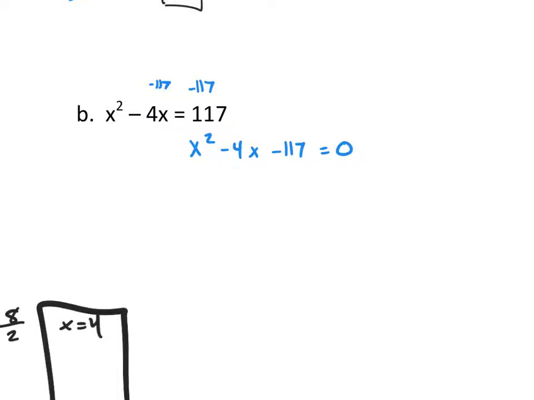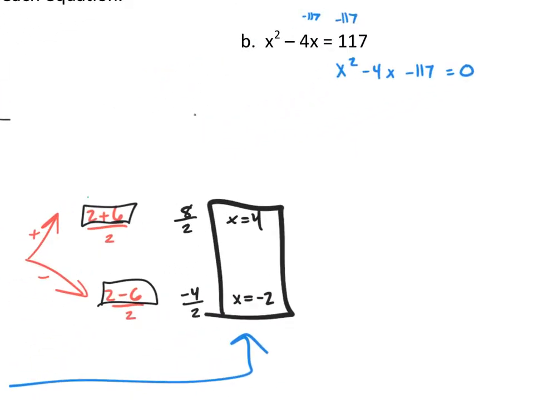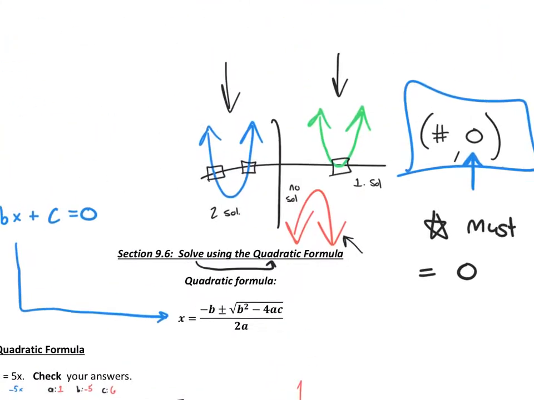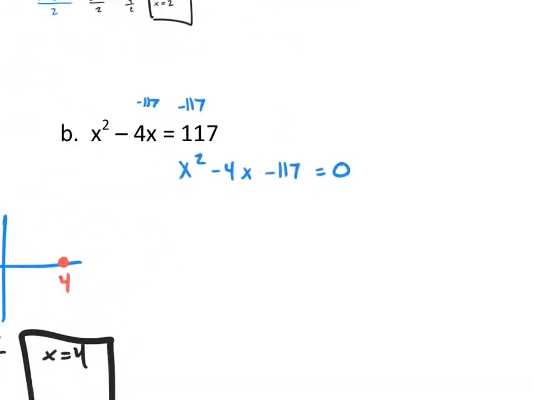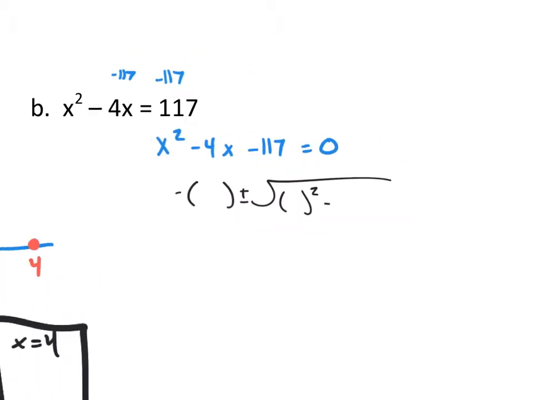So remember what we're looking for on this ultimately is the x-intercepts. That's what solutions are. And so one thing to go back and mention on this previous one, that means that this quadratic crosses the x-axis at 4 and negative 2. This quadratic up here crosses the x-axis at 2 and 3. That's what this is telling us. It's finding the x-intercepts. This one has that minus 117, so it's a larger number, but the quadratic formula doesn't care. It can accept any a, b, and c values,